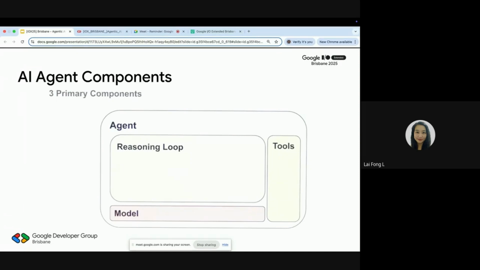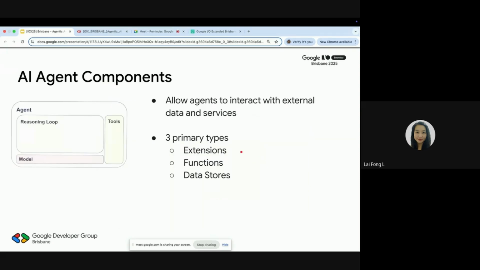So we are looking into 3 primary components, which are the tools, reasoning, and the model. For the tools part, there are 3 primary types. You can connect to other toolset extensions, or you can define your own functions. I will show you some examples in the demo later. Another type is you can connect to your own in-house database. So you can be connecting to different